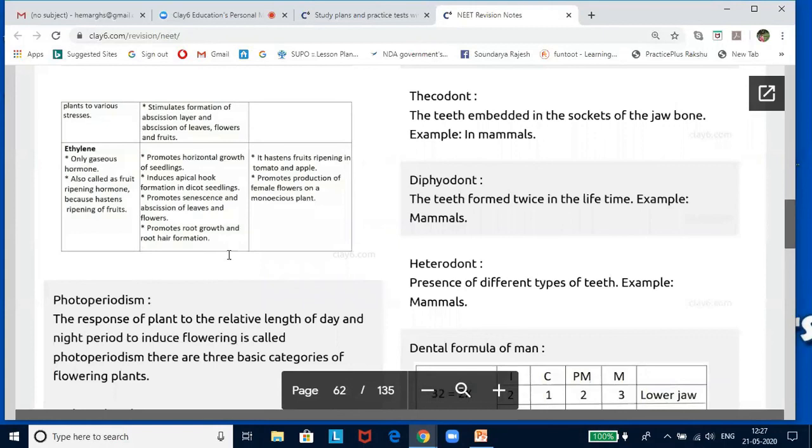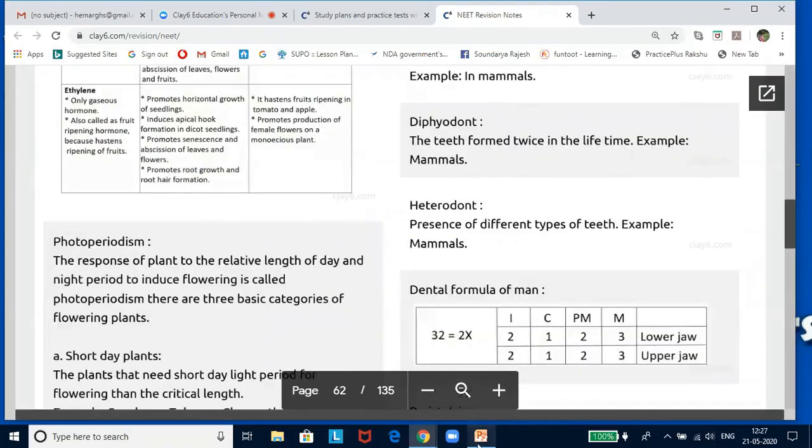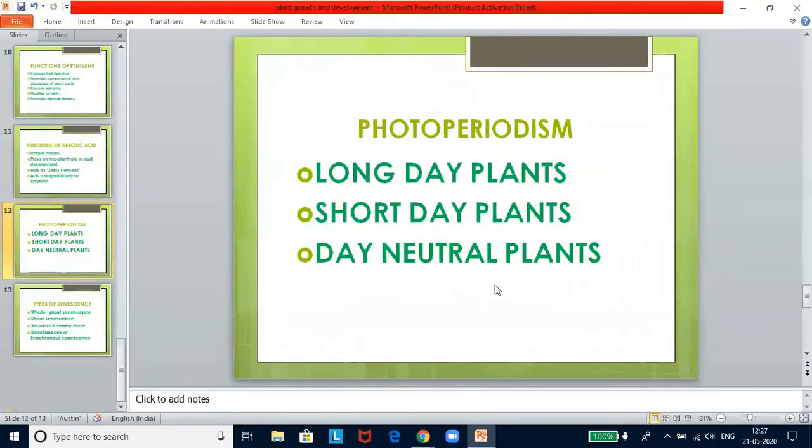In response to photoperiod, the flowering responses fall into three basic categories: short day plants, long day plants, and neutral plants. Now, long day plants flower when the day length exceeds the critical length. The long day plants are wheat, barley, sugar beet, larkspur, etc. Short day plants initiate flowering when the day becomes shorter than a certain critical length. If these plants are kept in day lengths in excess of this critical point, they will remain vegetative. The short day plants include cosmos, dahlia, chrysanthemum, rice, etc., and they are grown generally in the season.